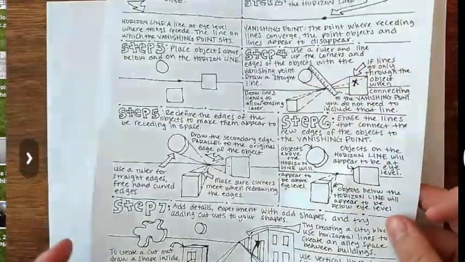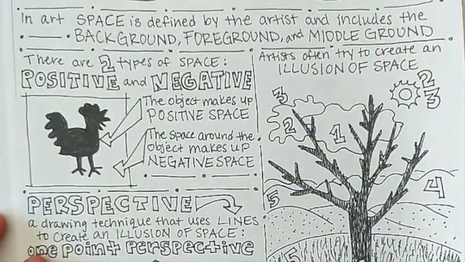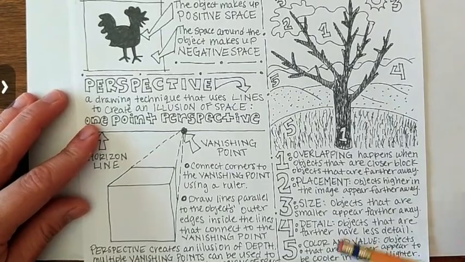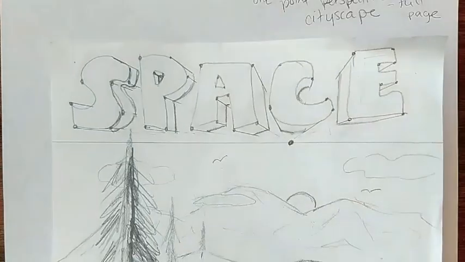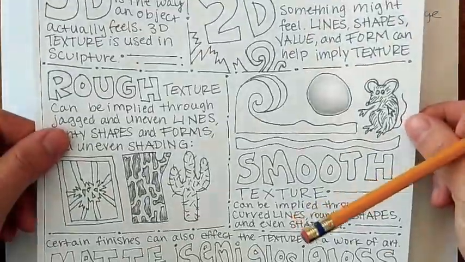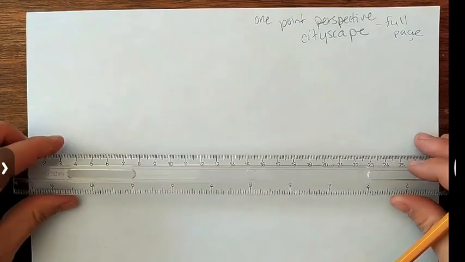So this practice is gonna be this worksheet, this space practice that tells you how to do all this overlapping, or this 5 ways to create the illusion of space, those 5 strategies to create the illusion of space, and our practice from that page. And then it's also using the texture practice, or the texture worksheet that we got for this week, and finally adding some value. It doesn't matter if you work vertically or horizontally, you're probably going to want a straight edge